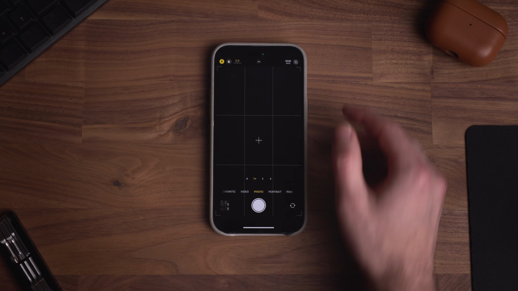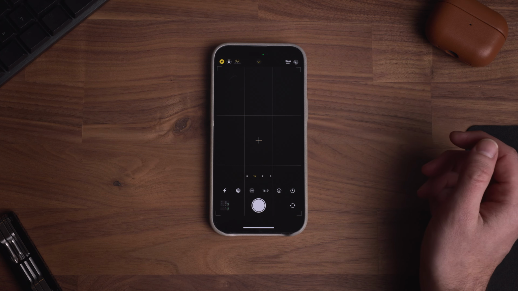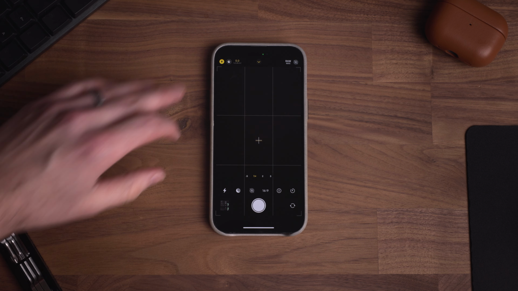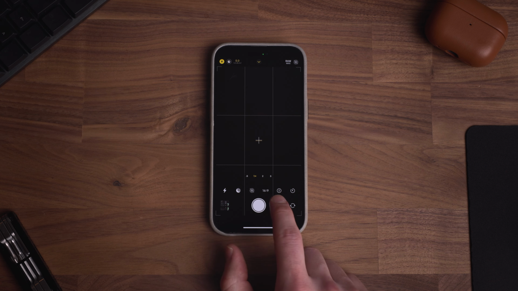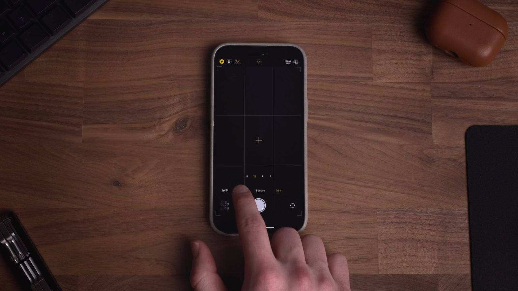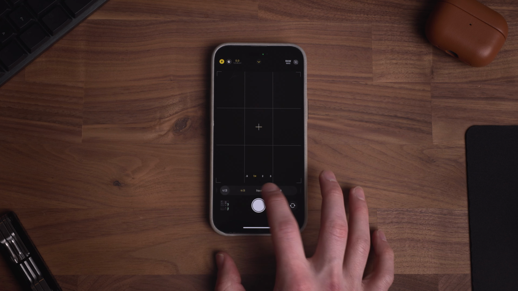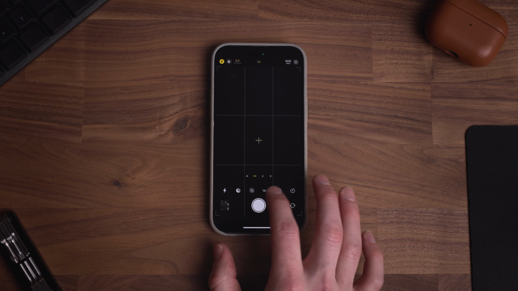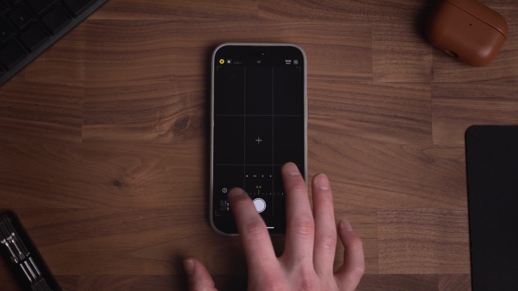Next, you can press the arrow all the way at the top, and it'll pull up some additional settings down at the bottom. You'll see that the first few are actually the settings that you have up top. It's just more easily accessible. Next, you can select your aspect ratio to 4:3 or square or 16:9. You can find exposure compensation, a self-timer, and additional visual effects that you can apply to your photos, but personally,